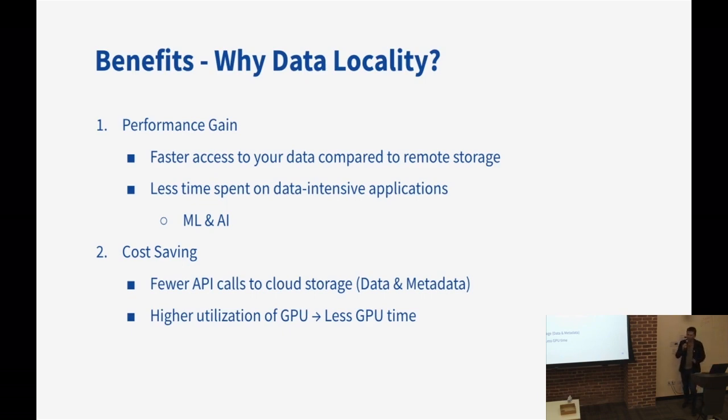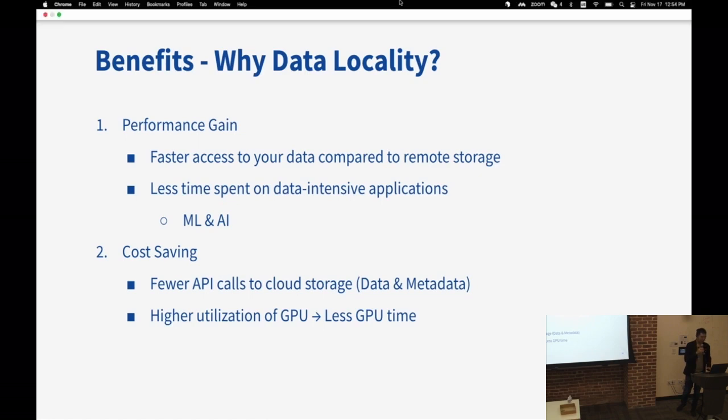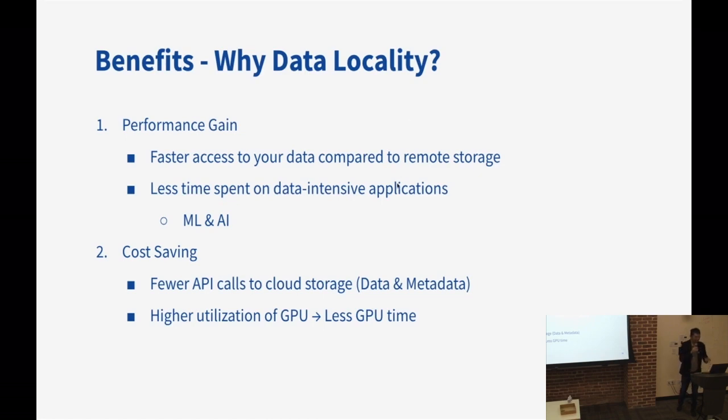Which means if we have something running, it can be machine learning, it can be an analytics workload running in your local data center, we can put a cache just very close to your compute engines, and your compute engine can just access our data cache. It can give you much faster data access instead of accessing the remote storage.